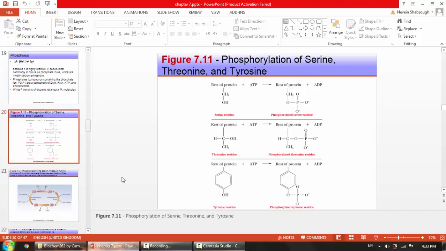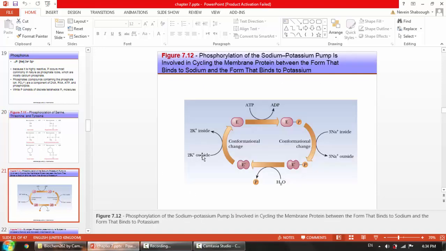This is how it looks. You have a serine residue become phosphorylated, a threonine residue become phosphorylated, and a tyrosine residue become phosphorylated. Now, an example of that is the so-called phosphorylation of the sodium-potassium ion pump, where